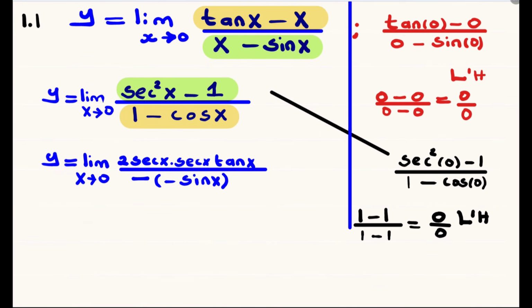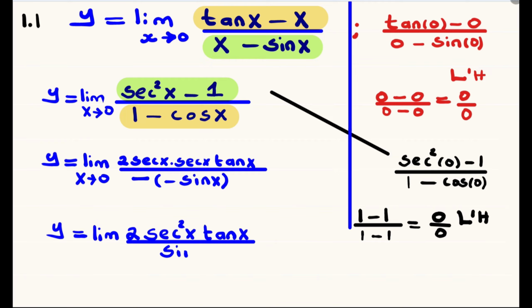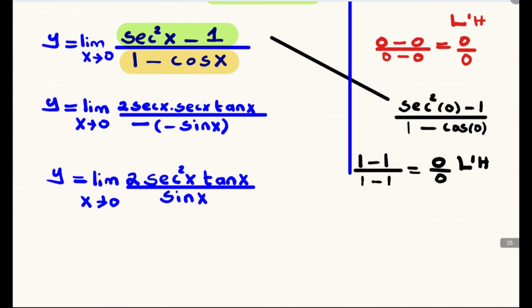Now we have y is equal to the limit of 2 multiplied by sec x multiplied by sec x is equal to sec squared x multiplied by tan x, and negative multiplied by negative will be positive, and we have positive sin x, and as x approaches 0,